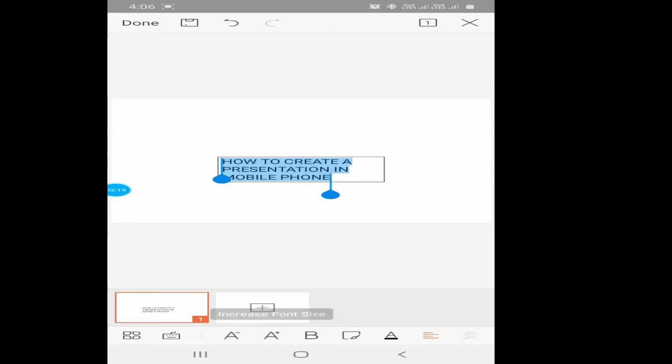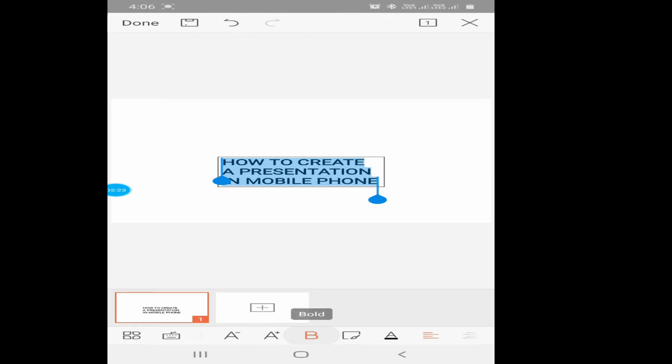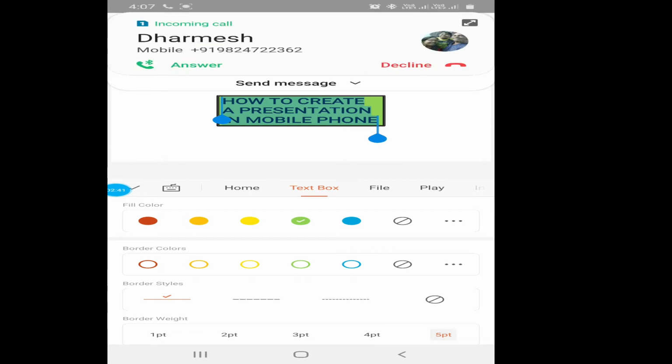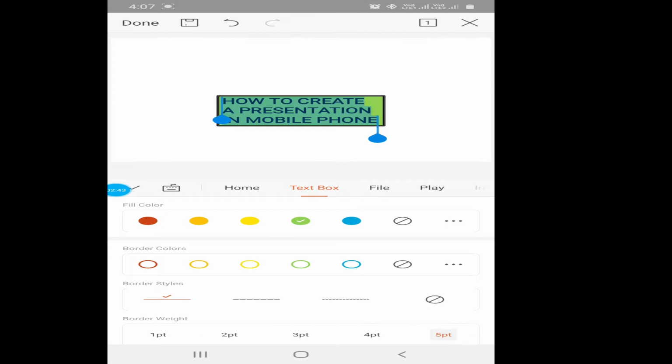After selection, you can get it over here. Increase the font size. You can give the bold effect. You can go with the color, right? A background color. You can change the point of the borders. You can see here that I am changing the border over here, right? After that, we have over here, you can see the borders, right? So this way we can do it.